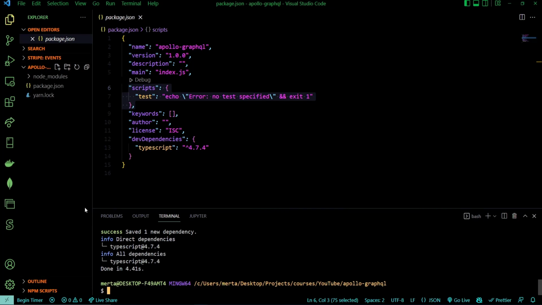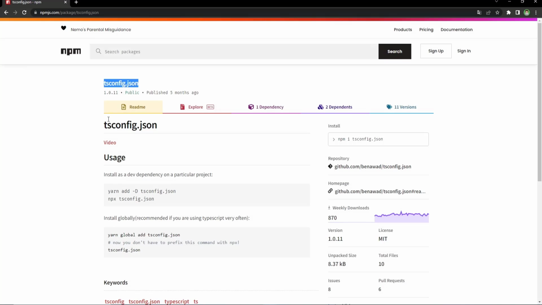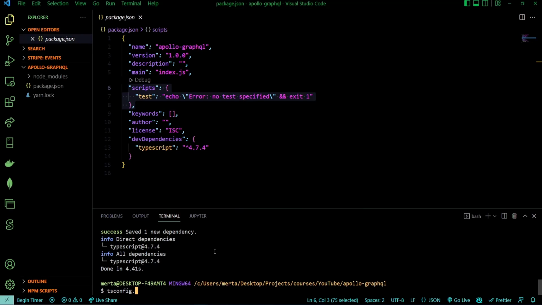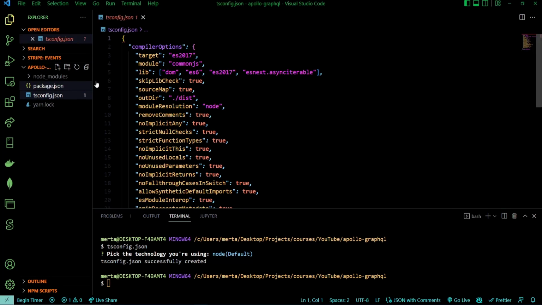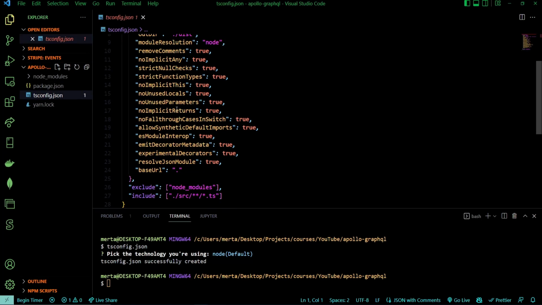And not only that, just like the package.json file, we need a tsconfig.json file. It will hold the compiler options for TypeScript. I'm not going to do it manually. There's a package called tsconfig.json and I have installed it globally. You can add it to your project as a development dependency, or you can just call it by npx. I have it globally installed, so what I need to do is just type this one, tsconfig.json. And I'm going to select node,